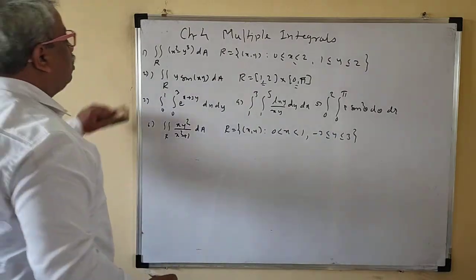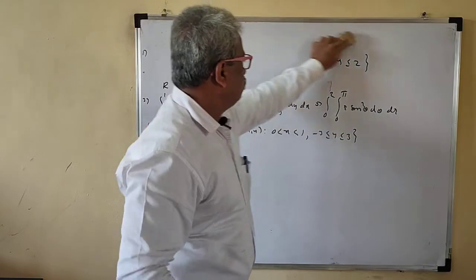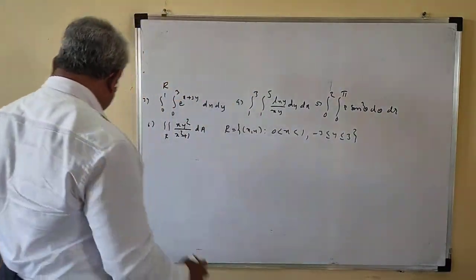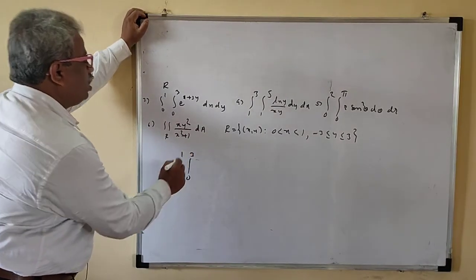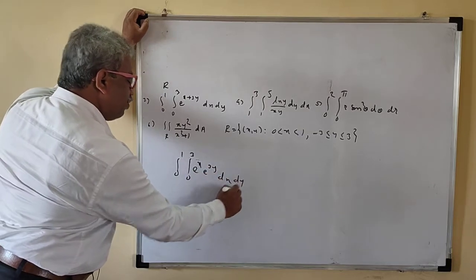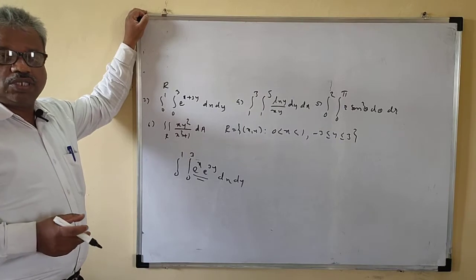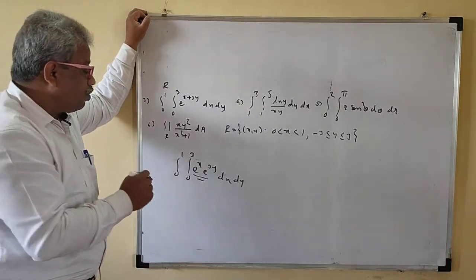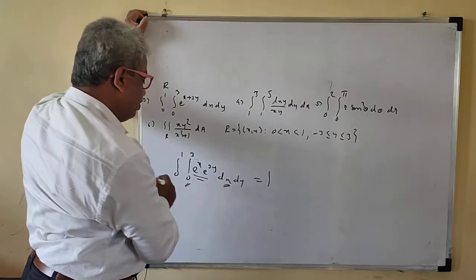Okay, so we did these two. Now we'll do this one. This is 0 to 1, 0 to 3, e raised to x into e raised to 3y dx dy. Now this is the product of a function of x and a function of y, and these limits are constant. The limits are constant. This is very important. So we may write this, with these being the limits of x.